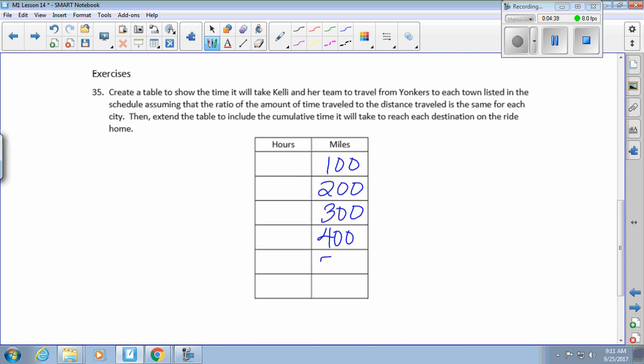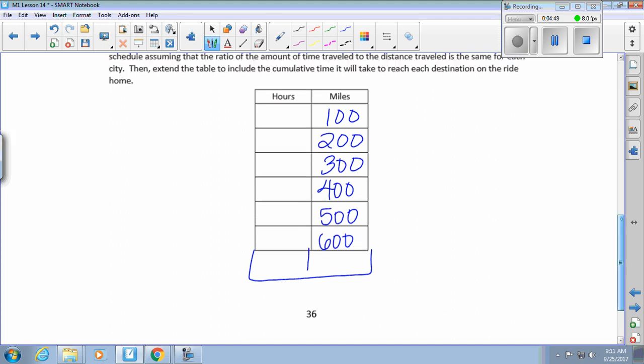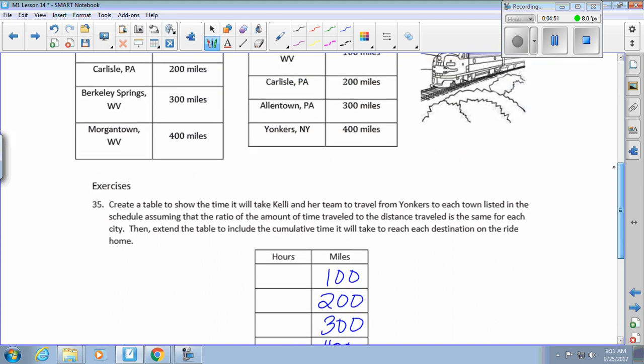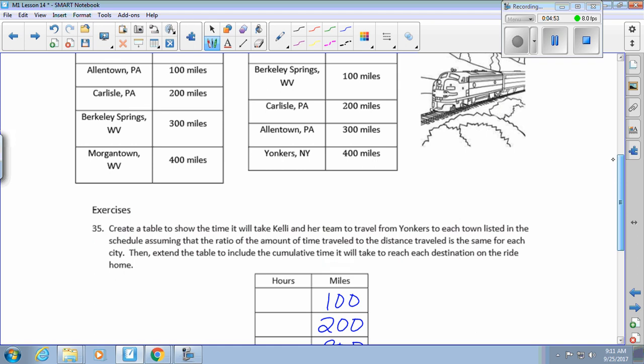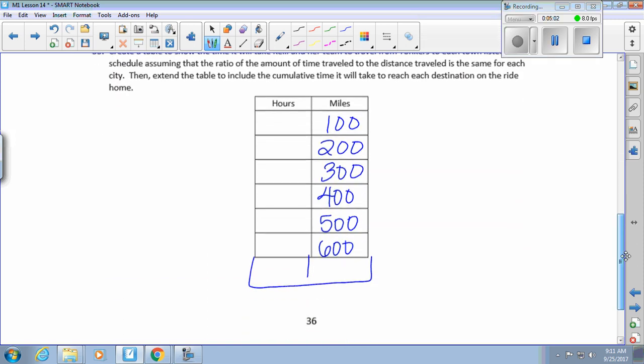You're coming back. 500, 600. We could continue this ratio table on for a few to make it all the way home. Because who wants to get stuck in Allentown? Well, actually, no, that would be Carlisle, wouldn't it? So 500 would be Berkeley Springs, Carlisle. Can't have that. So we're going to go 700 and then